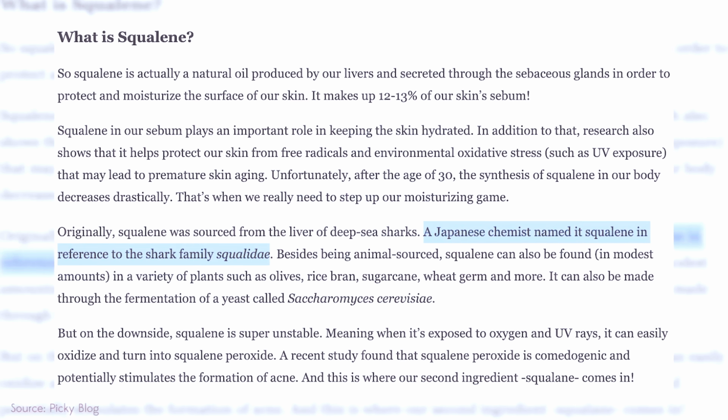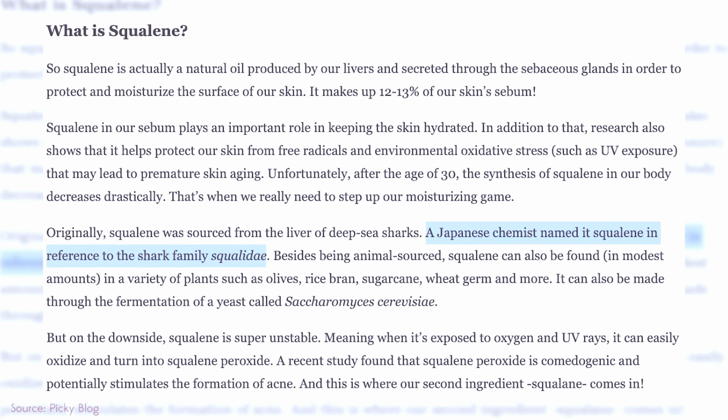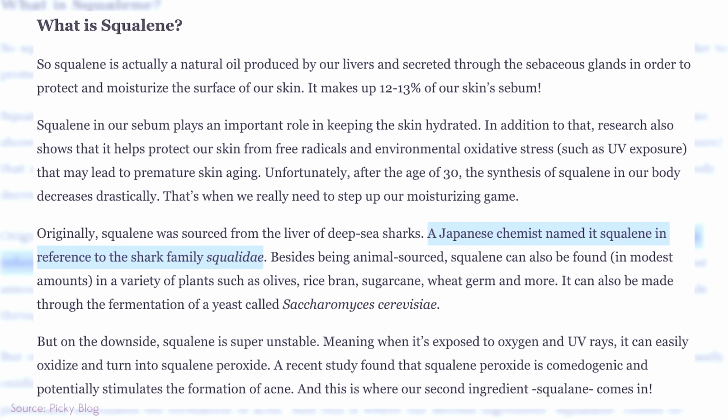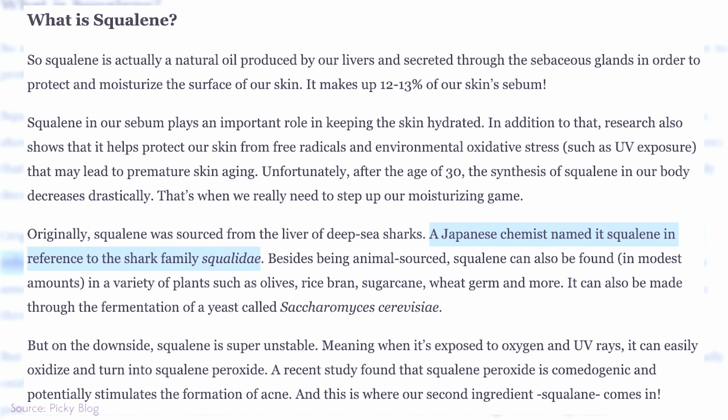Dr. Mitsumaru Sumijimoto was a Japanese researcher, and in the 1900s, he was the first guy to both find and isolate this squalene oil. But thankfully, science has found other places to get squalene, such as from olives or rice bran, so that we don't have to kill more endangered species, which, by the way, brings us to today's sponsor,